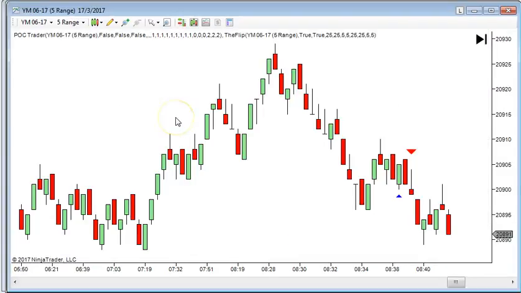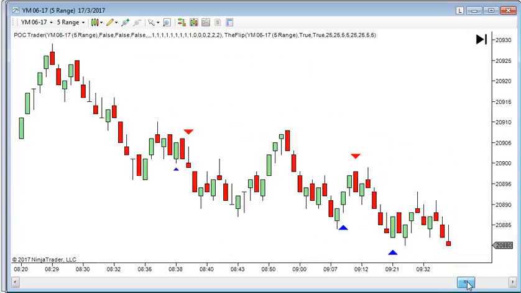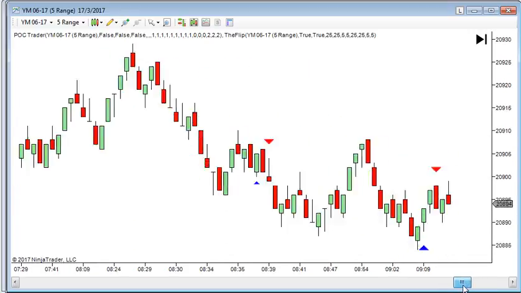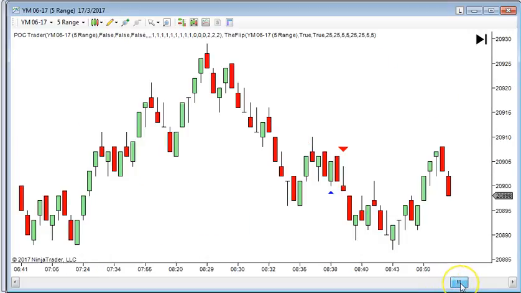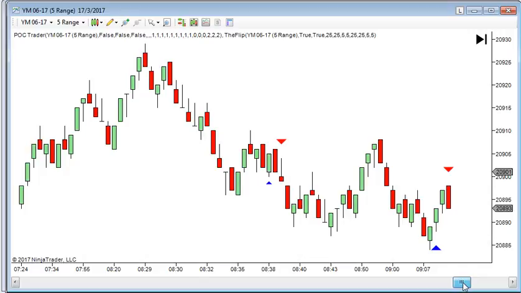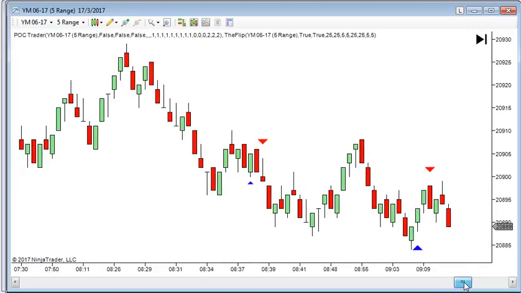Okay, this next one is not so much the PLC trader, but more importantly, the flip. Flip is not one that I really talk about, as it's not really designed for all traders. It's designed for really short-term traders, a bit on the scalping side. Again, you're trading mini Dows, a 5 range, so it's a very quick moving chart. And again, it's a very tight indicator. It's an indicator designed more for